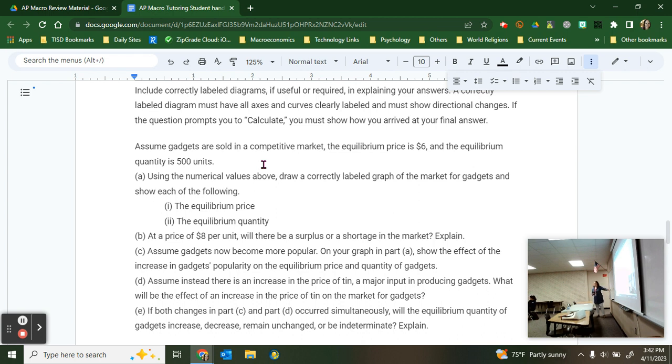Injections. Okay, where do we save money, kids? What graph are you referring to? The loanable funds market. In the loanable funds market, just a quick little sketch, we'll do loanable funds a different day. On the y-axis, we have real interest rates, and on the x-axis, quantity of loanable funds, with demand and supply. The more you save in a bank, the more interest rates go down, and businesses take out loans. How does it get injected back in? As a business loan.